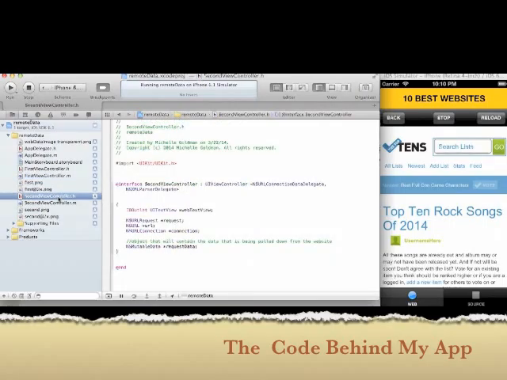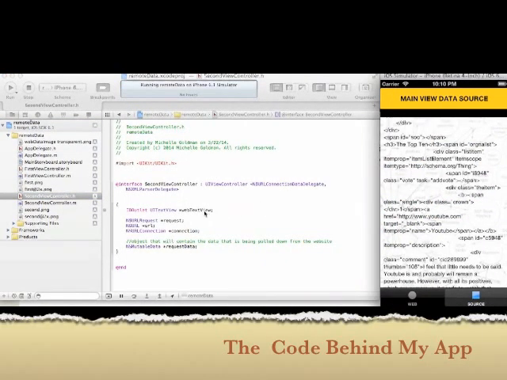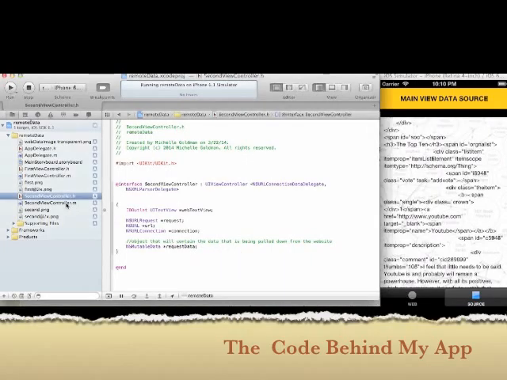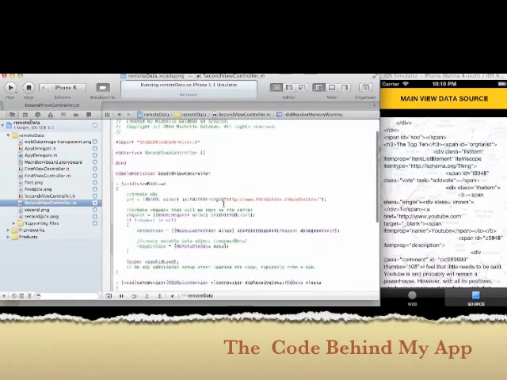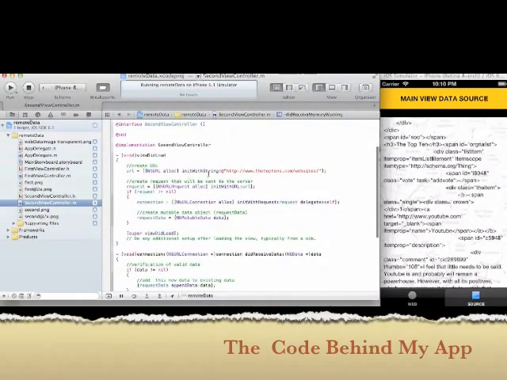easily. Then our second view controller, so we have the NSURL connection data delegate and the parser delegate, our text view, which is where all the text is going into, the request, the URL, the connection, and then the request data, which is the object that contains all the data that's being pulled down from the website. And the implementation file, this is where we create the URL, the request that's going to be sent to the server,